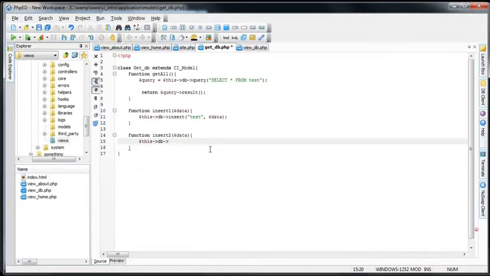So we'll go insert_batch, and this works pretty much the exact same way as plain old insert. It will receive an array, but what it receives is a multi-dimensional array instead of just a regular one. So if we go back into our site controller,